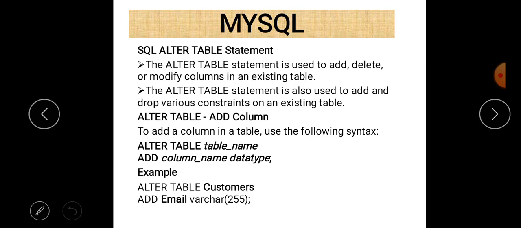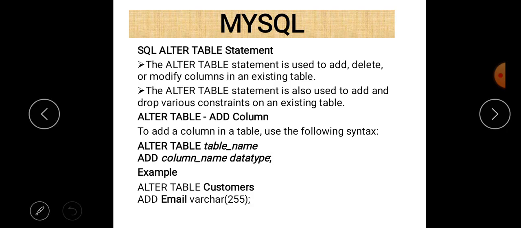So alter table statement basically alters the table structure. If we want to add a column, delete a column, or modify a column, we use alter table statement. But using alter table statement, we can also apply constraints after the creation of the table. So if we create a table without any constraint, and if we want to add the constraint just after that, then using alter table statement, we are able to add these constraints in our table. That is the basic use of the alter table statement.